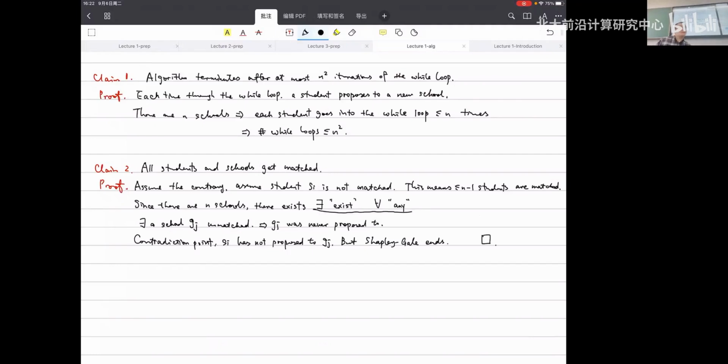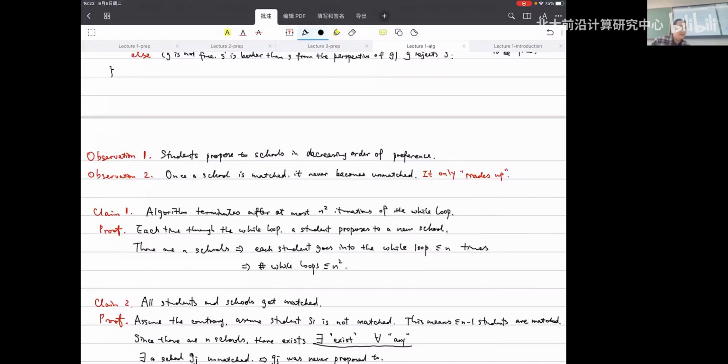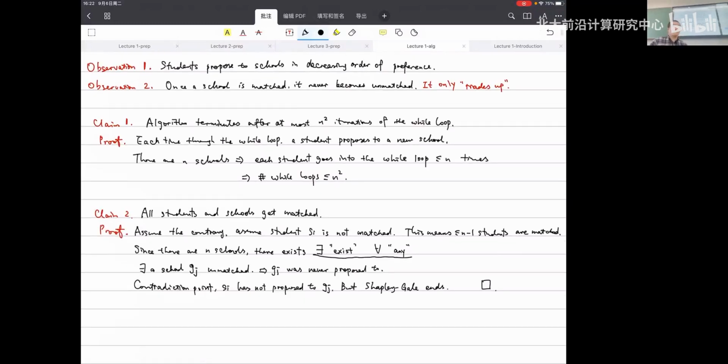Is this clear to you? Any questions? Okay, so I guess you see observation 1 and observation 2 here. They're actually relatively simple observations, but if you want to think about things rigorously, we make such claims, and you can see the logic here, and we can really give some interesting results.